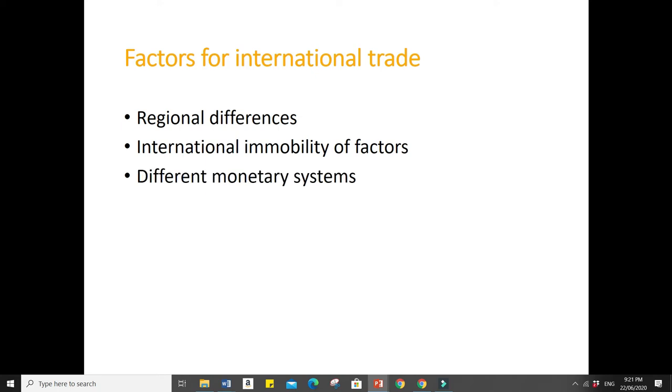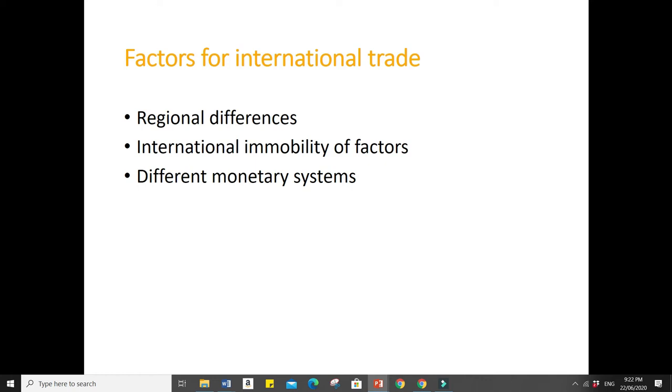So another factor is the different monetary system. Okay, so independent monetary systems give rise to the need of exchanging one country's currency into others at an agreed ratio. The purchase and the sale of foreign currency is done in the forex, and the agreed ratio is known as your foreign exchange rate. So if a currency is not freely convertible, it would hinder international transactions. So importers cannot import their goods and exporters cannot export their goods.